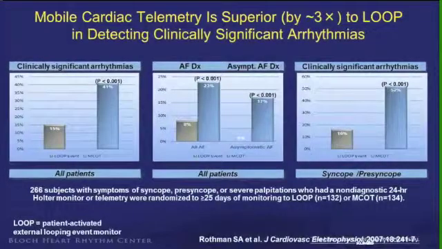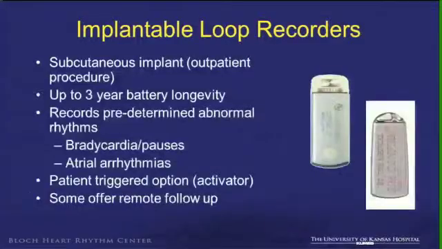This is just a study looking at cardiac telemetry monitors comparative to loop recorders, and again, as you would expect, clinically significant arrhythmias, atrial fibrillation, both symptomatic and asymptomatic, are more commonly seen with these mobile cardiac telemetry monitors compared to loop recorders. Finally, I just want to talk about implantable loop recorders, and again, these are small jump drive size recorders